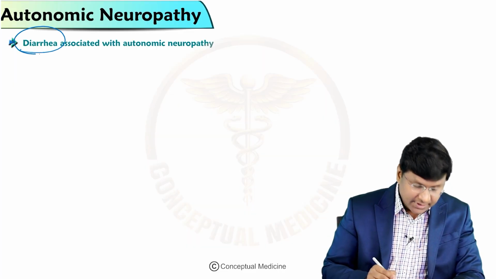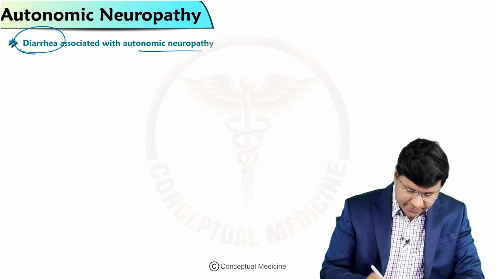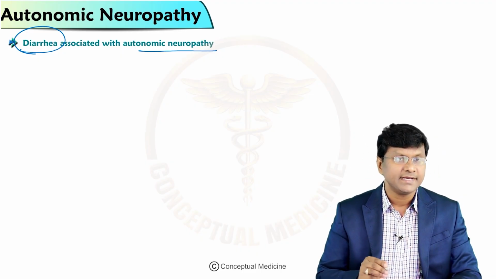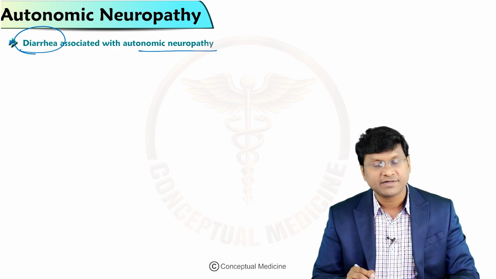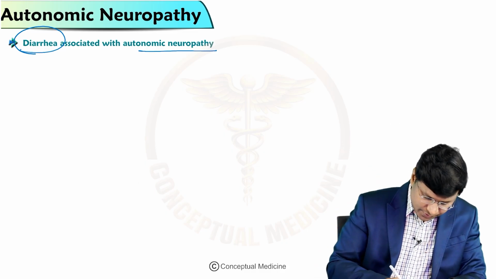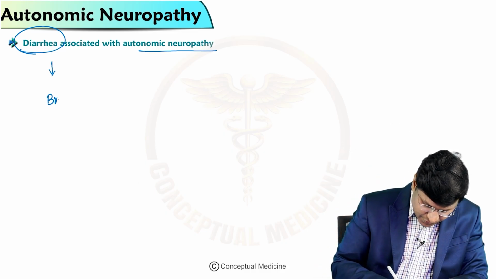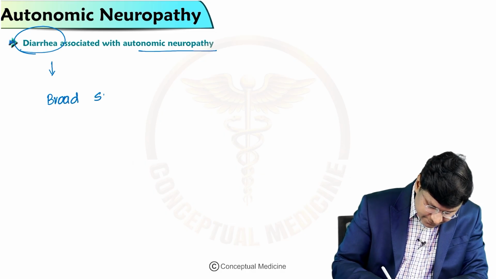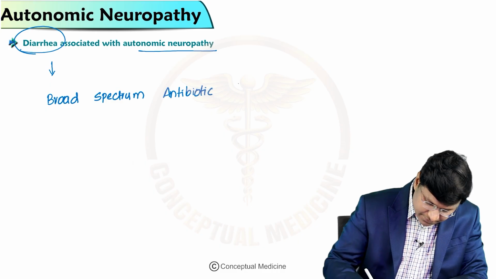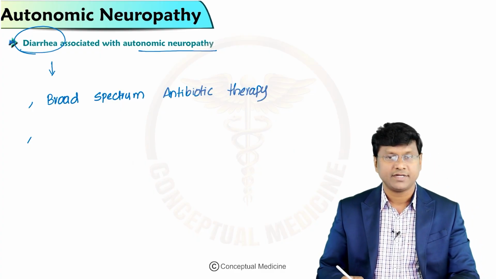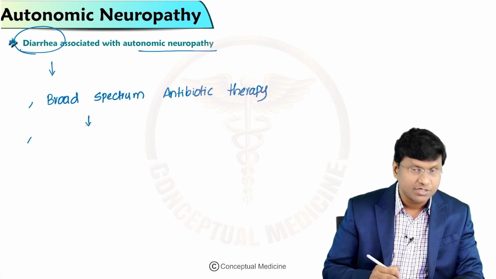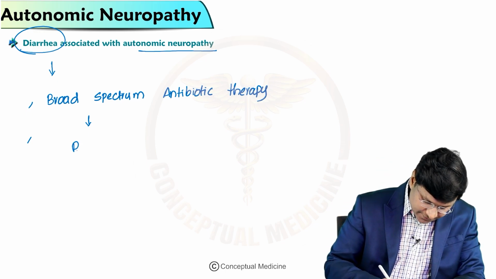Then followed by that, how do you treat diarrhea associated with autonomic neuropathy? Diarrhea associated with autonomic neuropathy has occasionally responded to broad spectrum antibiotic therapy. So you have to treat this diarrhea with broad spectrum antibiotic therapy. And what will be that broad spectrum antibiotic therapy? That includes